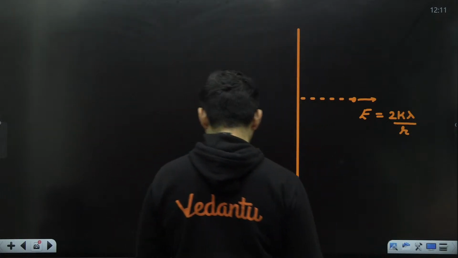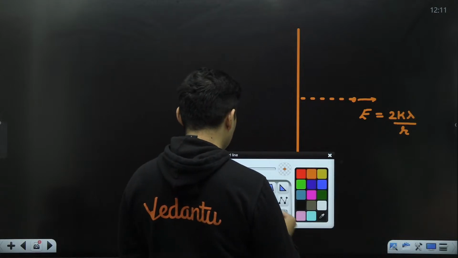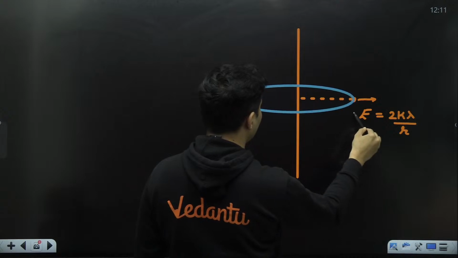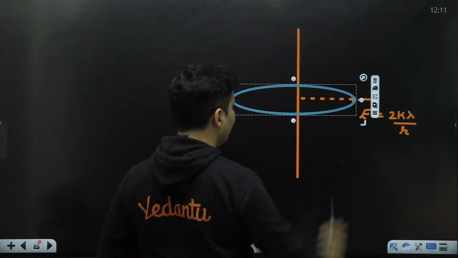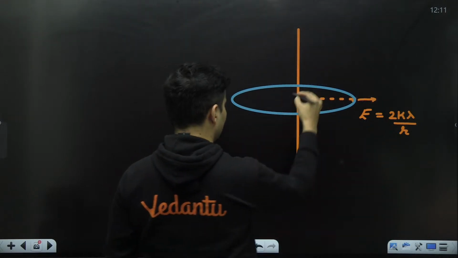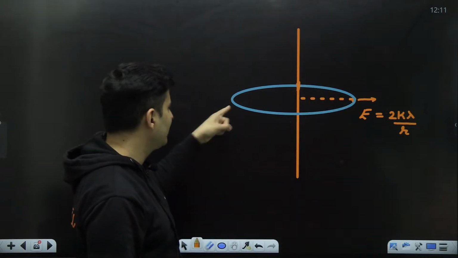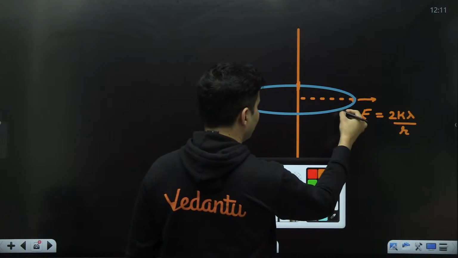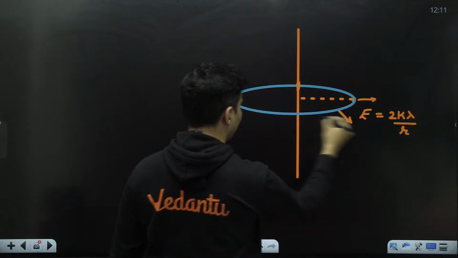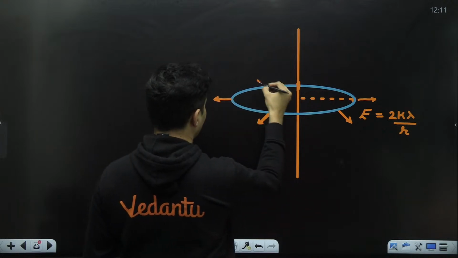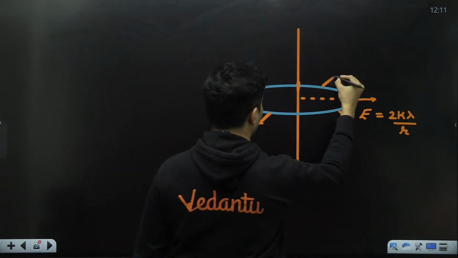And now we know that the equipotential line for that long wire will be a ring like this. In fact, a cylindrical ring like this. Think of it like that, because at all these points the electric field will be perpendicular. It will be like this. This is how the electric field would be.